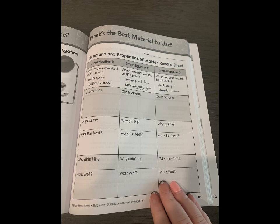And then it says, why did the blank work best? The metal spoon worked best because it held the ice cream. Why didn't the paper spoon work well? The paper spoon was too flexible, so the ice cream just kind of fell off of it. So again, super fun, and it just made for a really